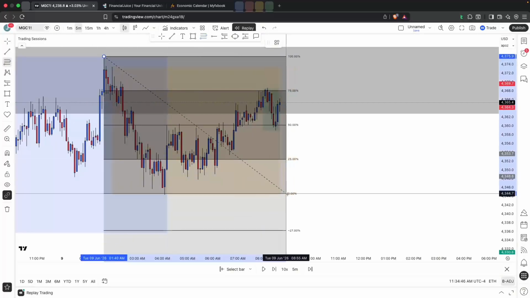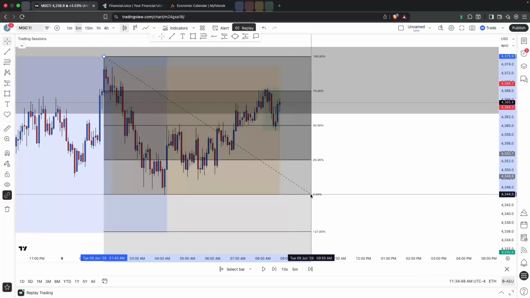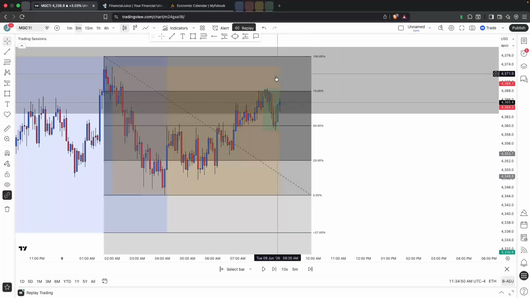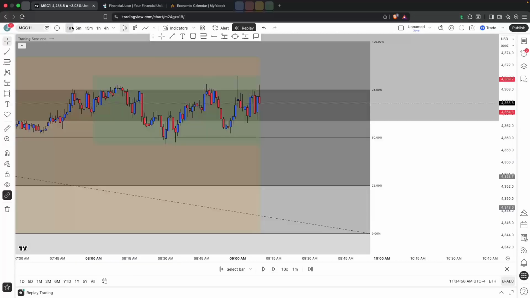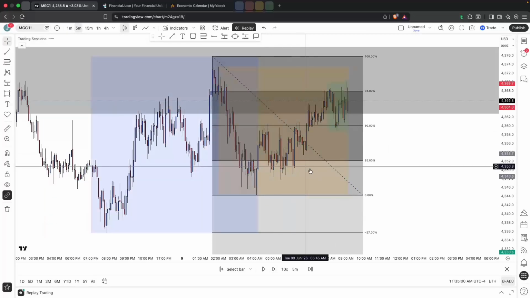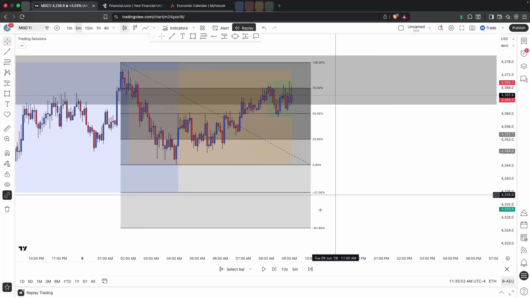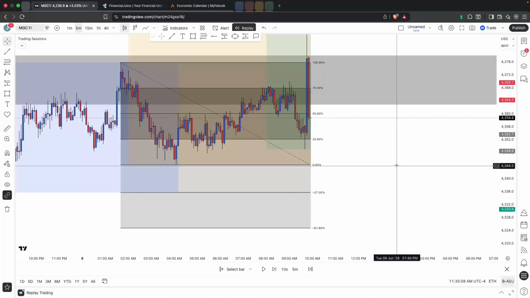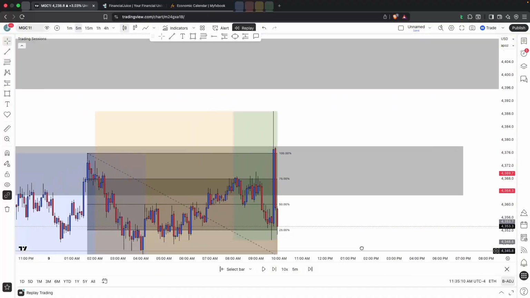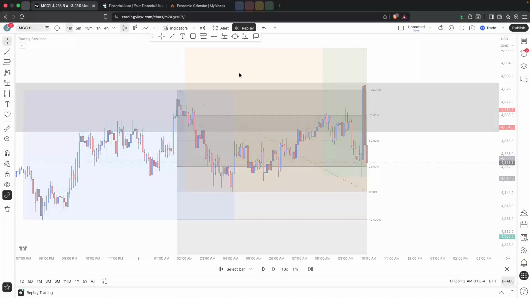We have this Fibonacci here. Tap into the 75% zone. Price is just consolidating. I don't want to trade this. Now we see a break of structure. Now we see the sweep of liquidity. I fast forwarded too much, but